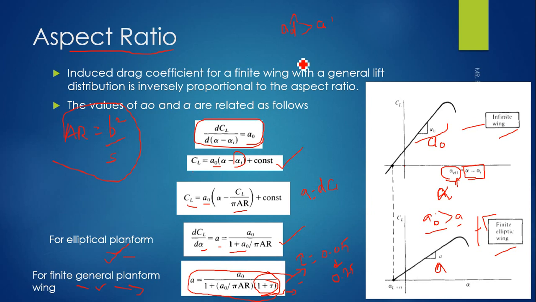You understand? Sir, I got it, sir. But I just want to know the derivations too. Like, how did we bring this to a naught by pi r and a naught by pi r into 1 plus tau? How did we get the derivation? From where did we get it? That's what I want to know, sir.